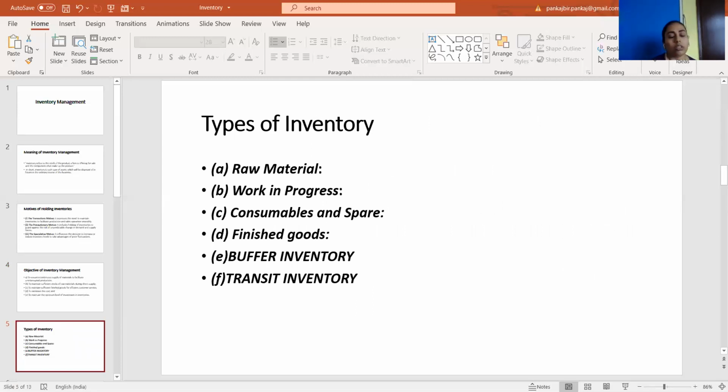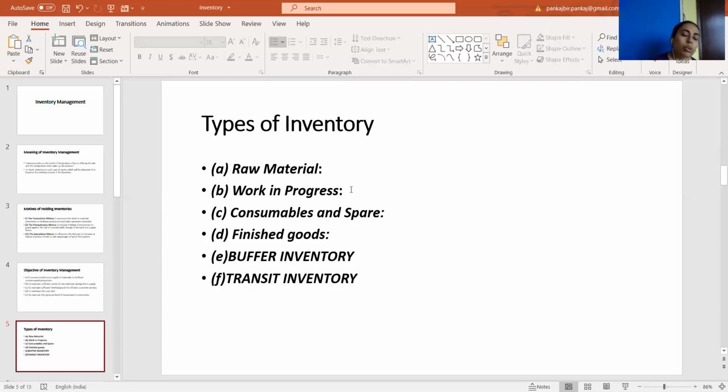It is very much clear with the name itself. So first type of inventory is known as raw material. It is somewhere known as consumables also. So what is consumable or the raw material inventory? It is basically the inventory which goes into the cycle of production, and which is consumed during the production process. So raw material is the inventory which is used as input in the production process.